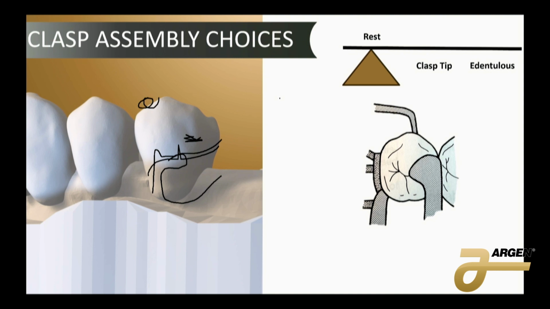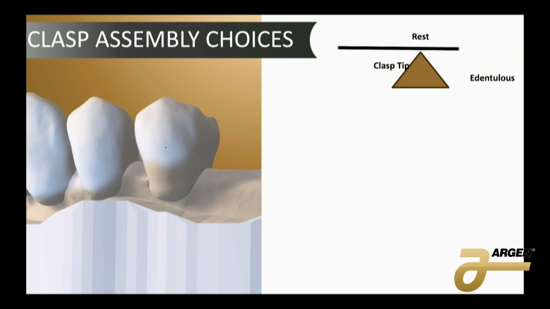The reason that we're doing this is because we still want to have the support of our I-bar, but we want to get that undercut, right? So we can modify our I-bars depending on where our undercuts are. Now, what if they really, really want a C-clasp, and they don't want an I-bar? Maybe the tissue doesn't go low enough to bring it down that 3 millimeters. Maybe it's too visible, and you want something that can come from the